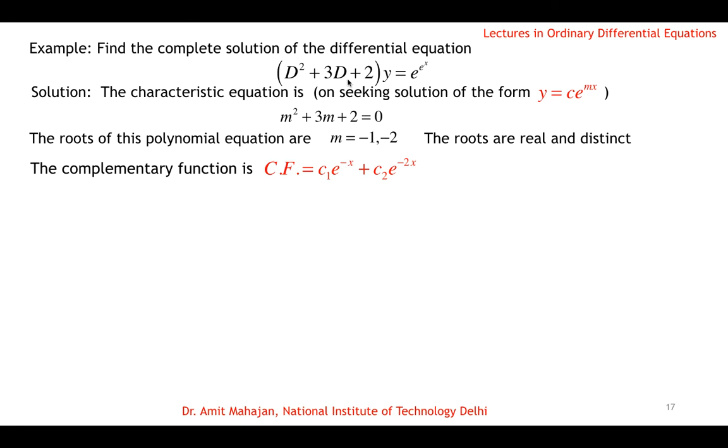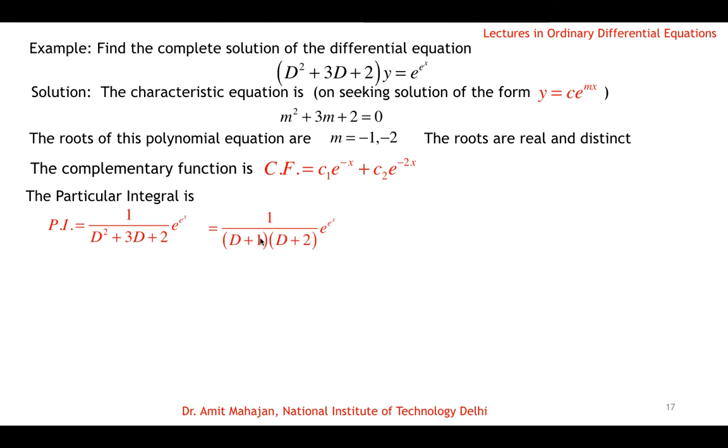So the particular integral is 1 by the operator on the right hand side. So 1 by the operator, 1 over D square plus 3D plus 2, applied on e power e power x. So it is not a simple exponential, it is exponential power exponential. So case 1 is not applicable, 2 is not applicable, 3 is not applicable, 4 is not applicable. So what we have to do is find the linear factors of the denominator, and it is not difficult to find because you have already solved the polynomial equation here. These roots, because this equation is written by replacing D with m. So the linear factor is nothing but this, D plus 1 into D plus 2. That's where we found these roots.